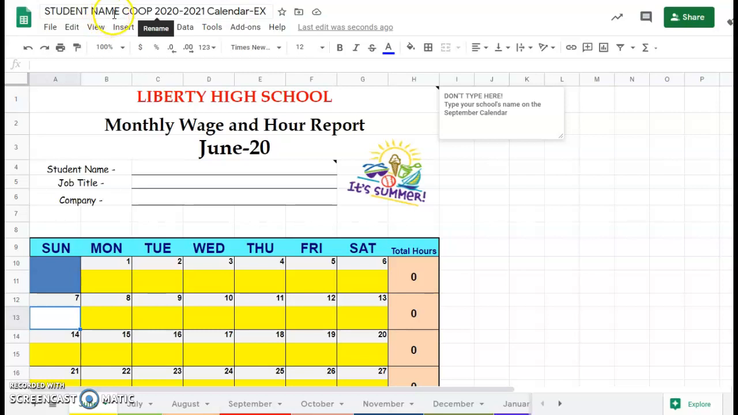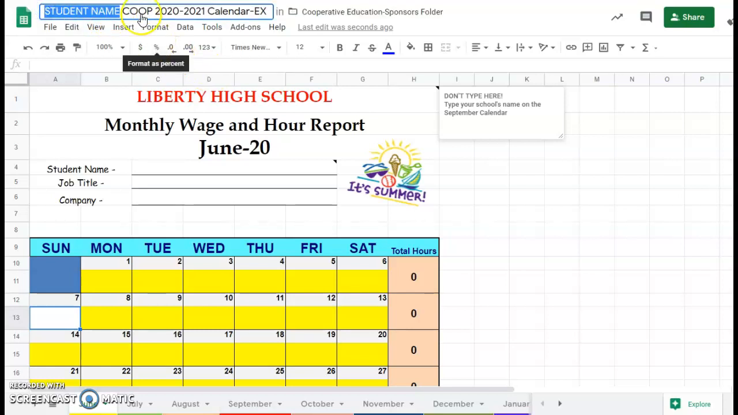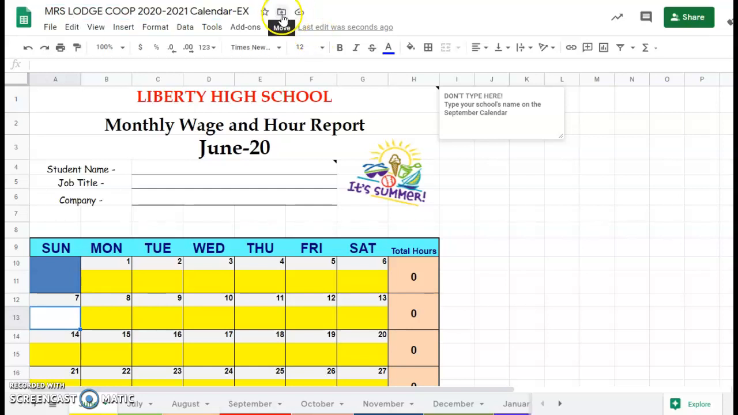The first thing I want you to do is highlight at the top where it says student name. Please keep Co-op 2020 to 2021 calendar. The EX I put on here just for demonstration purposes, so you won't need that. And you're going to type in your name here. Now this should automatically be in your Google Classroom folder for the co-op class, so you shouldn't need to move